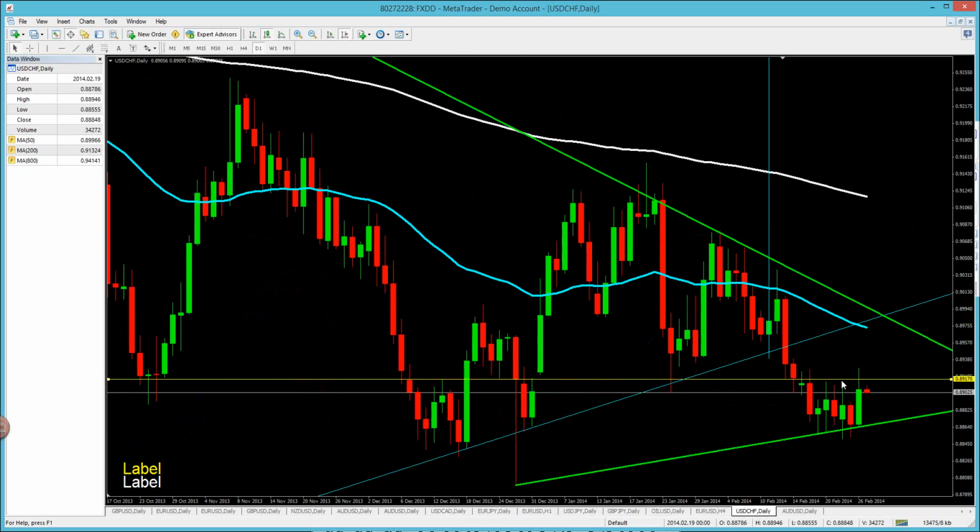All right, so on dollar Swiss, we do have an area of resistance here at 89.17. Got multiple touches there, okay? And